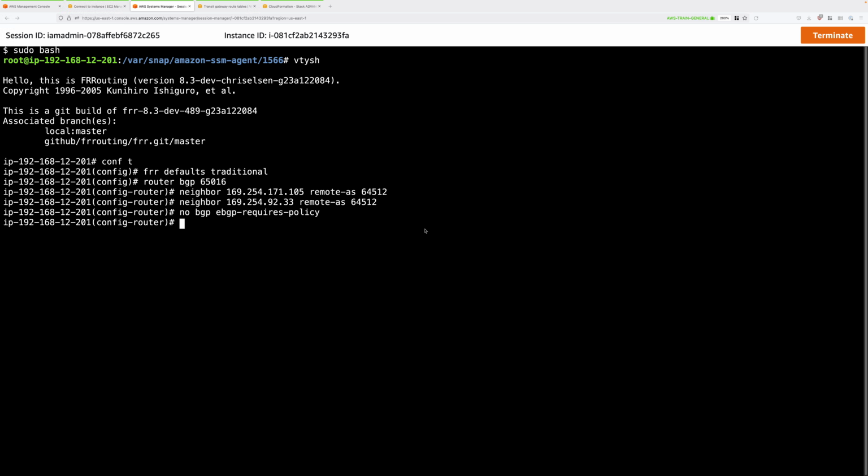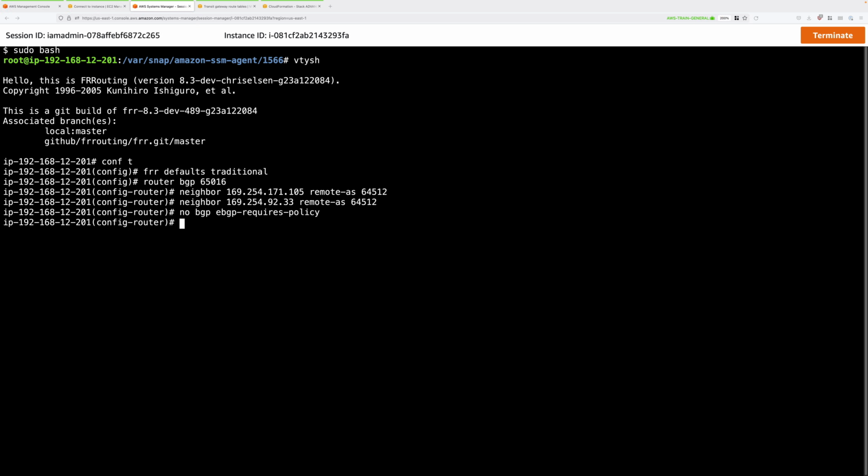Next, we're going to configure which networks are advertised by our instance of BGP. We don't want to have to manually specify those because that would defeat the purpose of this being a dynamic VPN. So we're going to configure it so that this instance of BGP advertises any networks that it's aware of.